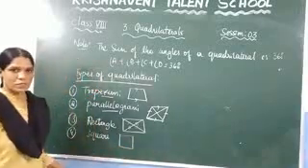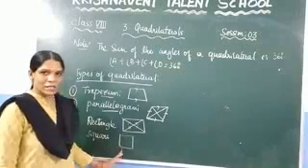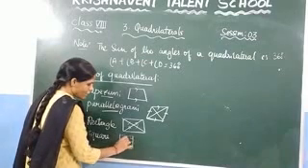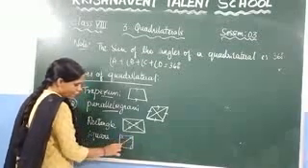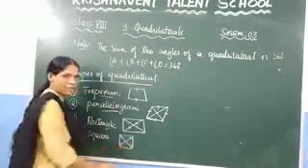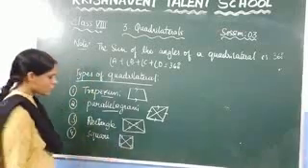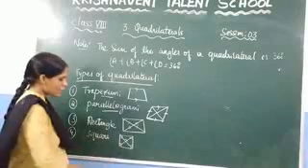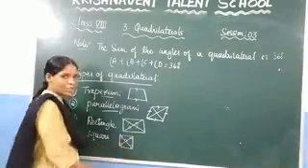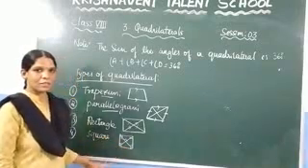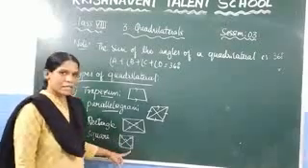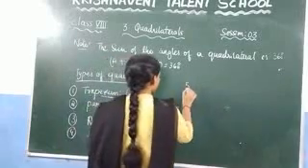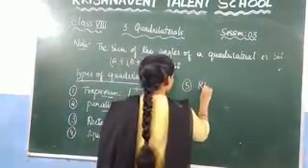And what are the properties we discussed? In a square, all sides are equal, and similarly in a square, all angles are equal and equal to 90 degrees. And in a square, the diagonals are also equal, and the diagonals bisect perpendicularly. Here the angle is 90 degrees and the length of this segment is equal to the length of this segment. That means bisecting is nothing but dividing this line segment into two equal parts. After that we have discussed the rhombus.